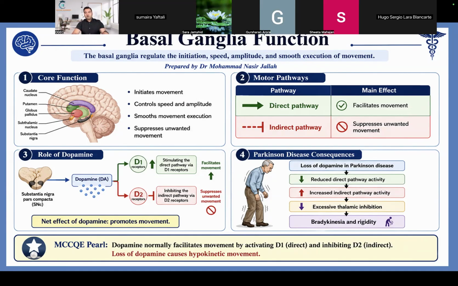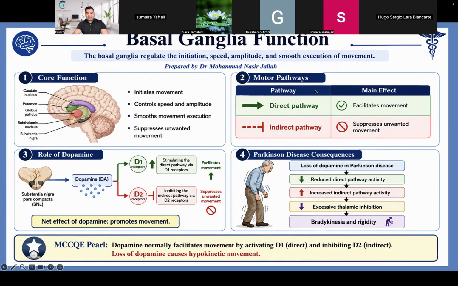So for all the movement, the hormone that plays the major role is dopamine. So dopamine is the hero of this lecture. What does dopamine do? Dopamine is stimulating the direct pathway, so it is facilitating the actual regular movement, so it is supporting it. But dopamine is suppressing the unwanted movement, the irregular movement, or abnormal movement